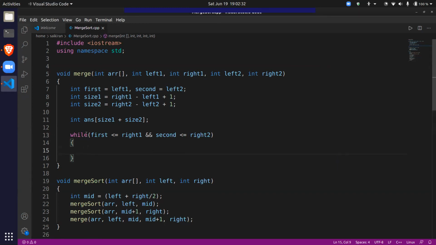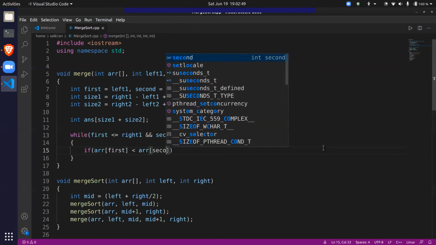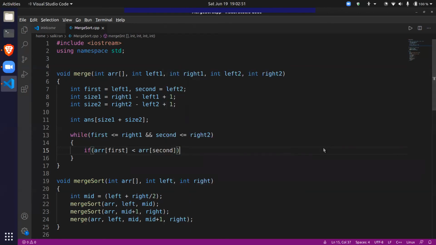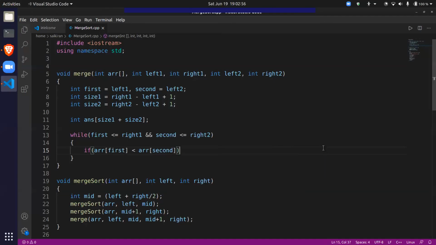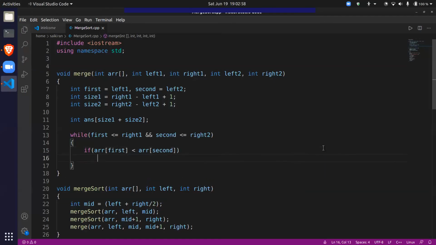So I'm saying while the first pointer is still within the partition and the second pointer is still within the partition, we can start comparing here. So if array of first is less than array of second, so if the left one is smaller than the right one, then put the left one. So what do we do?